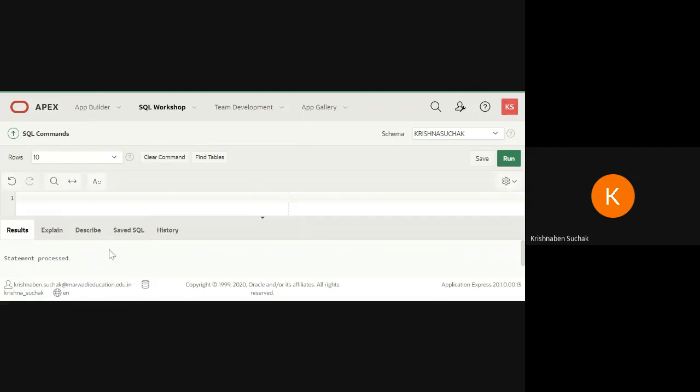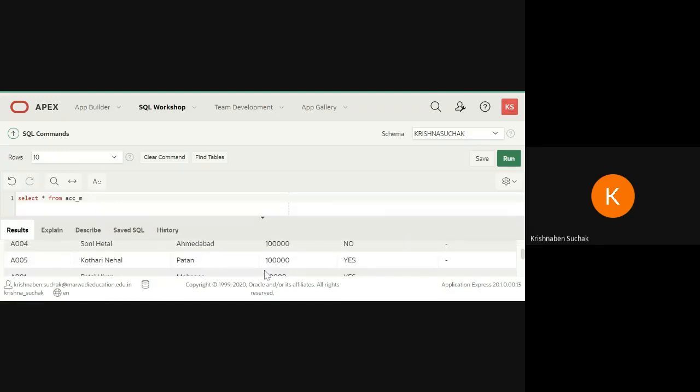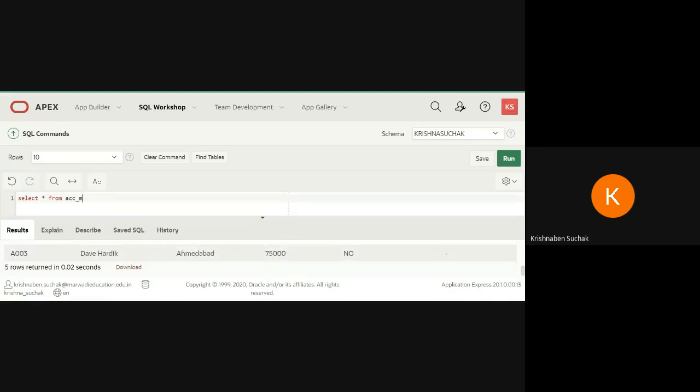What is our eighth query? That is update the column balance for all the account holders. Now we have to multiply the balance by 2 for each account holder. Okay. So now let us see our table which we have created. See here you can see that balance is 1 lakh, 1 lakh, 50,000, 50,000, and 75,000. Now what we are doing, we are updating our balance by multiplying it by 2.